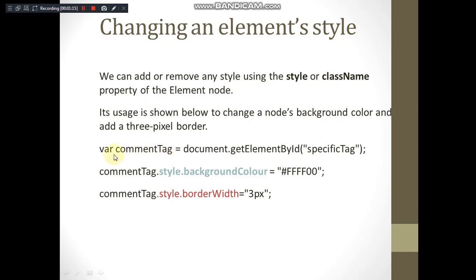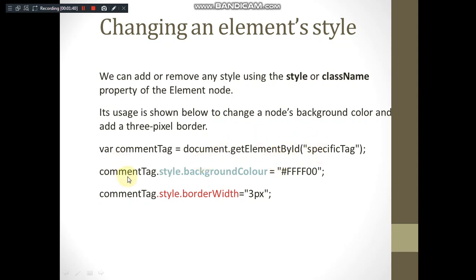What we are doing is declaring a variable commentTag which stores the element returned by the function document.getElementById for a particular tag. Then this variable is used to access or modify the style of the element whose ID is specific tag.